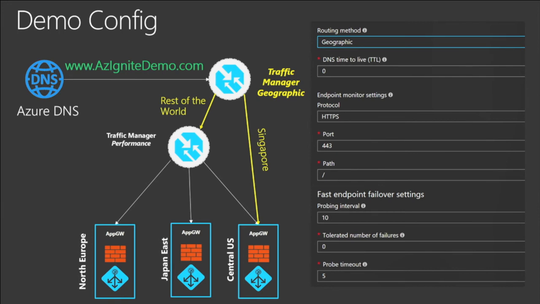And we have also turned on the fast failover settings. Essentially, the first thing is that we put the DNS TTL to be 0, so that when I'm doing the demo and I'm turning on and turning off things, we won't be impacted by the cached previous responses. We also turned on fast probing, which means every 10 seconds we'll be probing. We'll be considering even the first failure to be a sign of unhealthy endpoint. You can set it up to be that check it like 3 times before marking it unhealthy. Then we also have the probe time interval to be 5 seconds. So having said that,